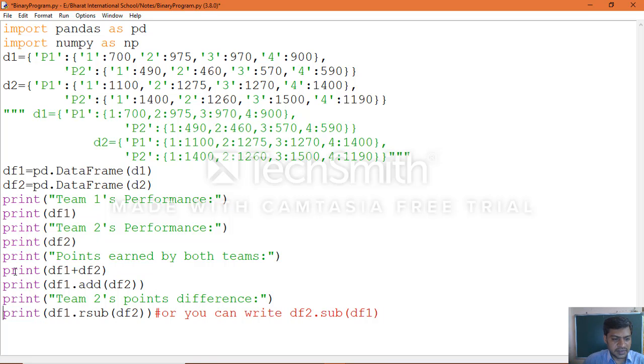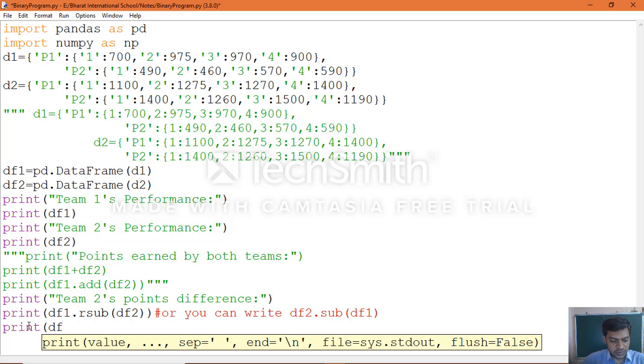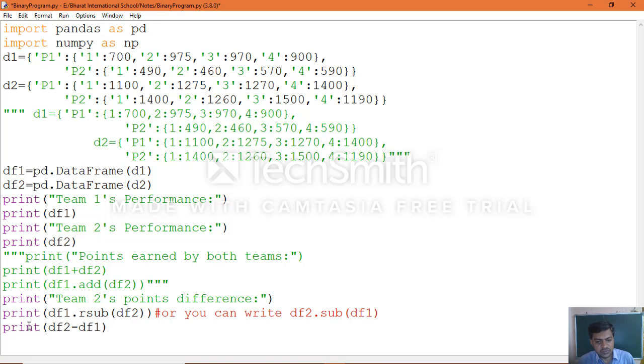Now you want to calculate only the difference. That's why I'm keeping that into comment. Now we can make use here of df2 normal subtraction also, which will give you the same result, or by using the function also.